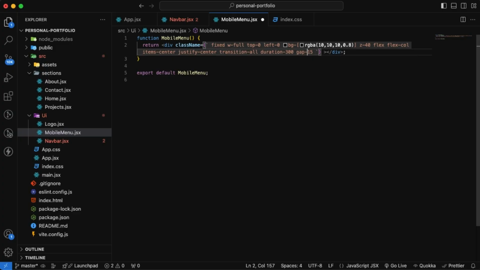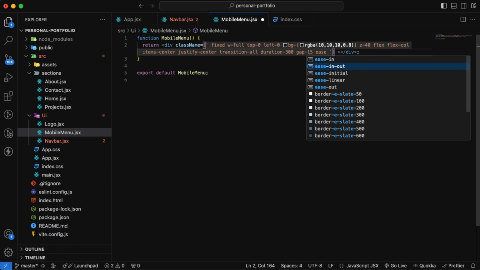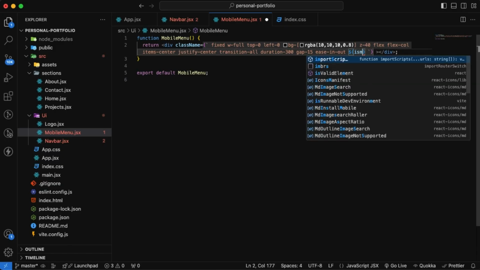Oops, it's gap, not gat. It's my bad. And also let's make the animation here ease-in-out. Now let's add our conditional styling, because since all of this depends on whether the menu is opened or not, most of the styling will actually depend on that state, which we can specify inside this $ sign and curly braces here, and we can set